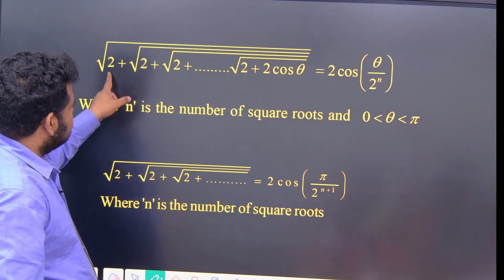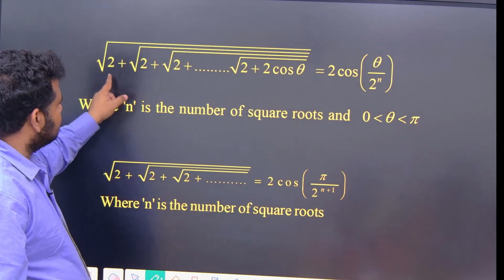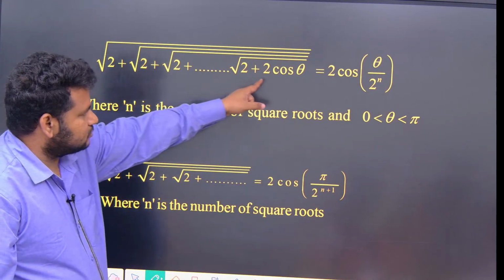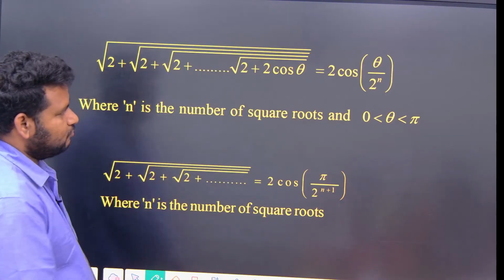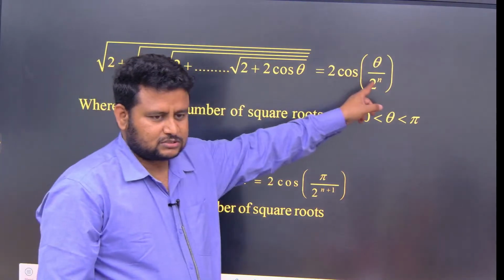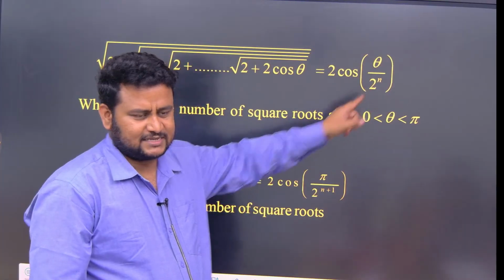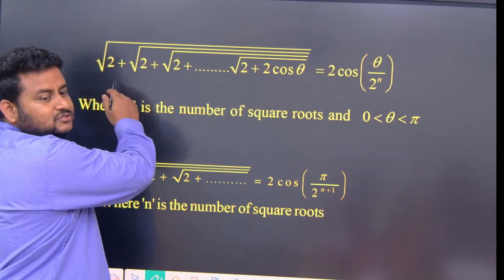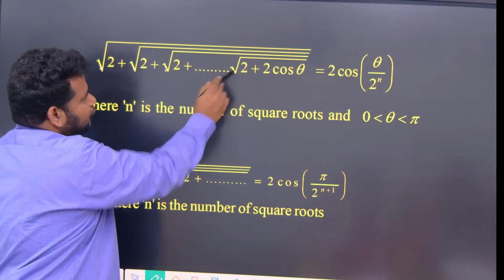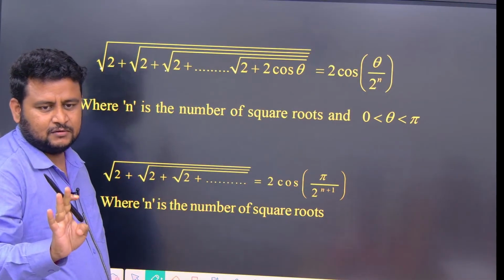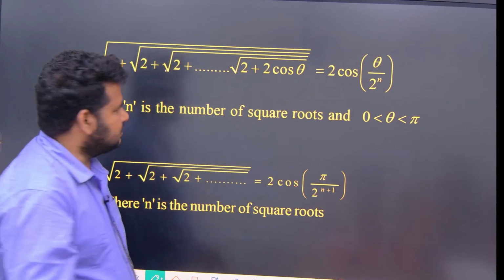Okay. See here, they have given root 2 plus 2 cos theta. So that time, what we have to do is 2 times cos theta by 2 to the power of n. What is this n? n is nothing but the number of square roots. 1, 2, 3, 4. How many square roots are there? 4. Okay. Suppose they have given here